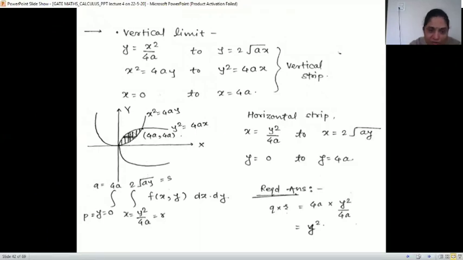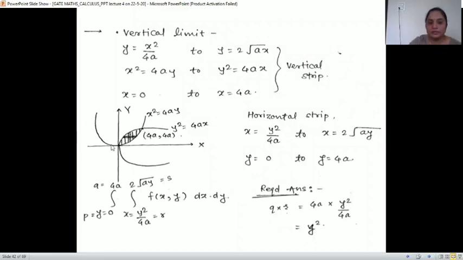So inside this is the region, and in this region we have to find out now the point of intersection of these two. X is 4a, so we have to find if x is 4a, what is y? So it is 4a bracket square upon 4a. 4a gets cancelled. What remains is 4a. So this is the point of intersection, 4a 4a. This is our first job.